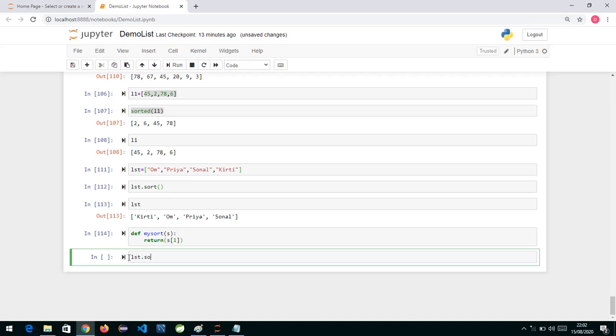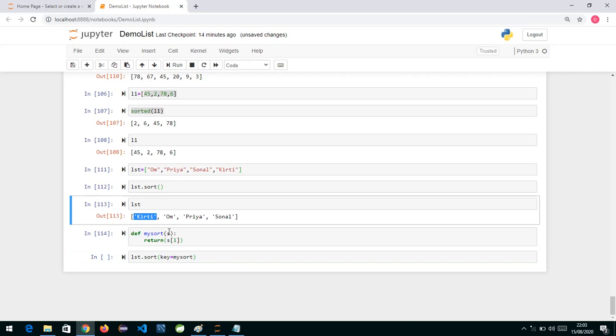I say lst.sort, and in here we specify the key. So key equals the function name according to which you want to sort. If I specify my_sort, it means I am telling this sort function that the key for sorting is in this function my_sort. So this Kirti name will go into this s, and from that Kirti name s[1] returns what?